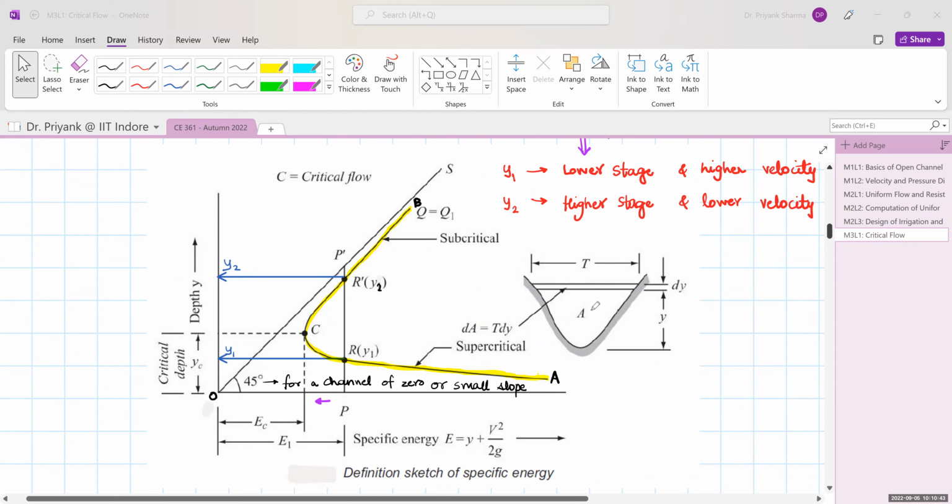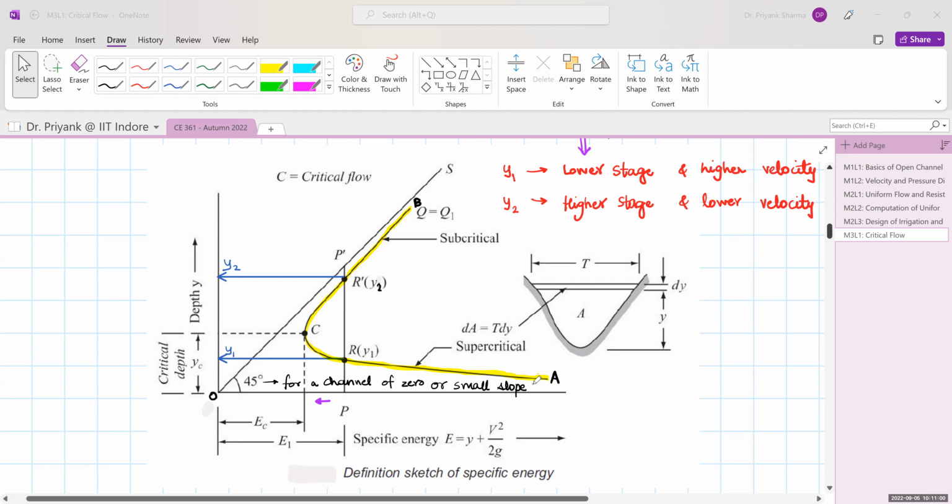So when we plot, let us say this is the equation of E is equal to y plus v square by 2g. So you can take depth increment, let us say starting from 0 to 10, you take different depth increments. You have a constant discharge. Using this equation, you will try to